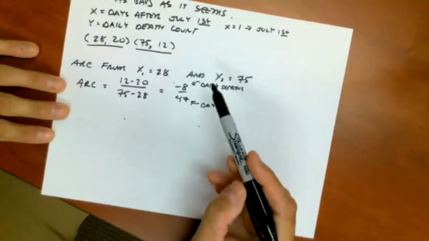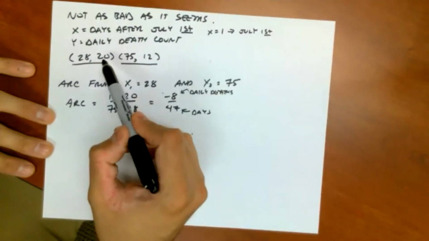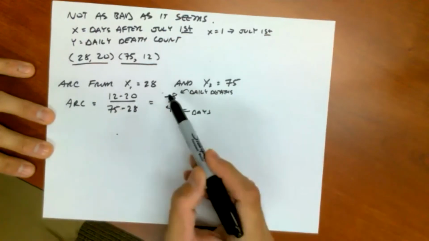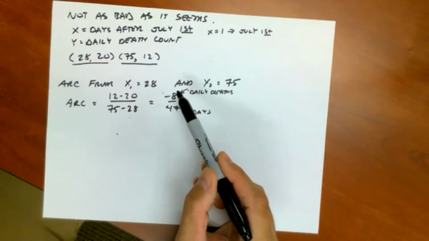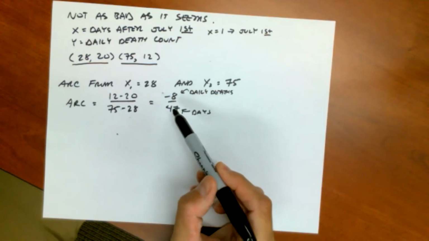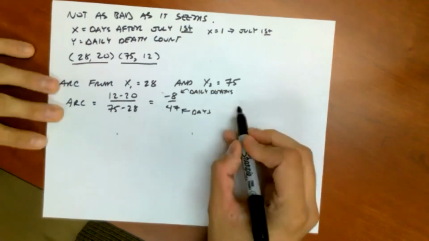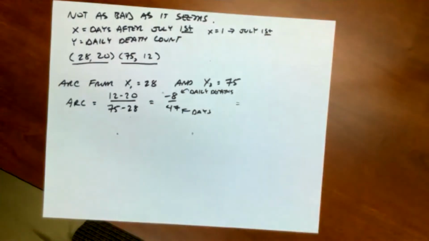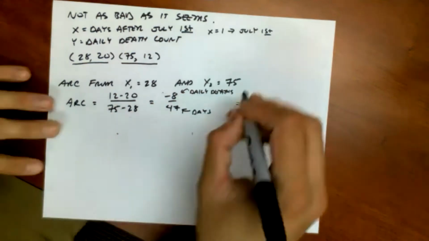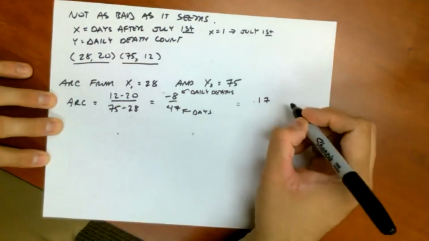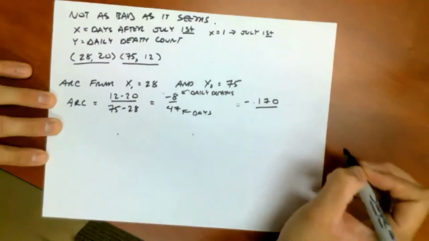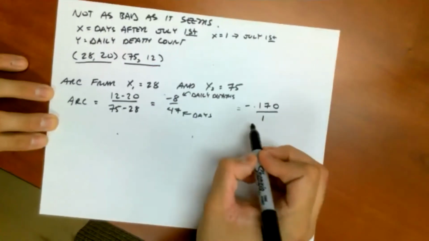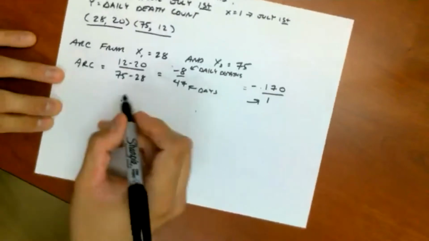So what's happening is the average change from day 28 to day 75 was actually negative. It dropped on average, we're looking at 8 fewer deaths per day over 47 days. Now I'm going to simplify this because it'll make a little more sense as a decimal. So 8 divided by 47 would be 0.170, actually negative 0.170 over 1. I'm going to interpret this here. So the interpretation would be